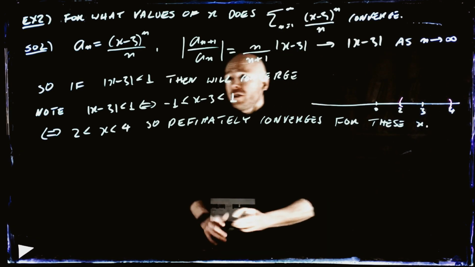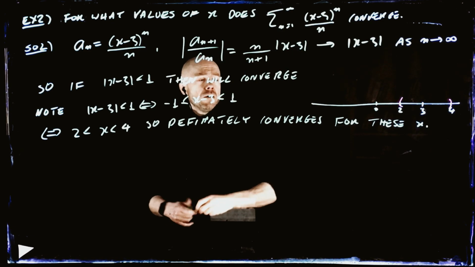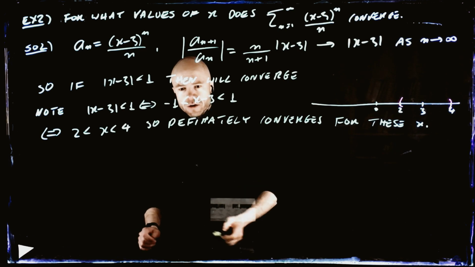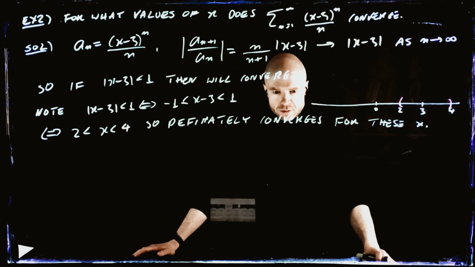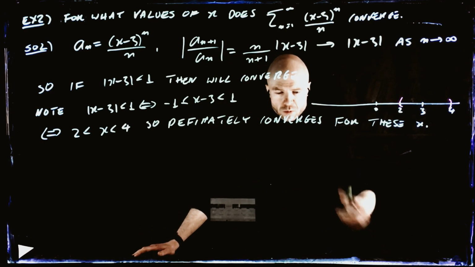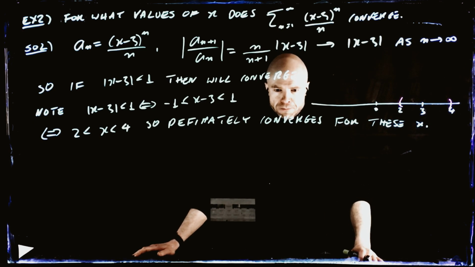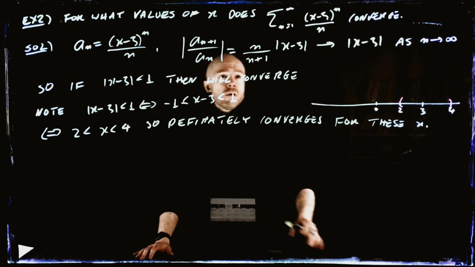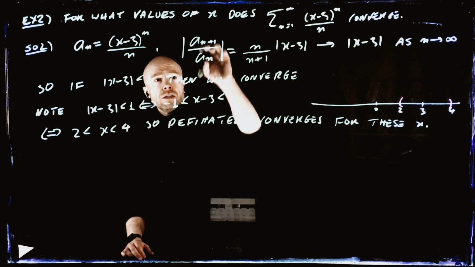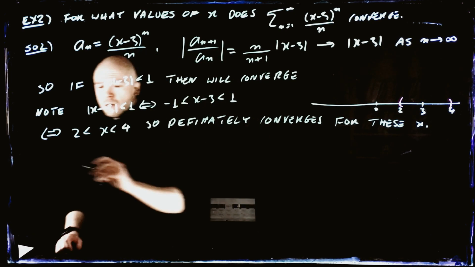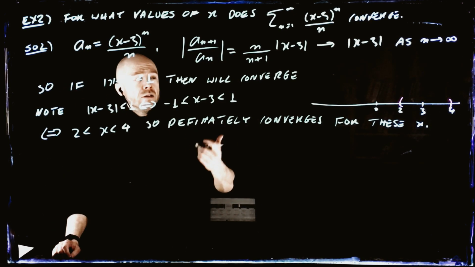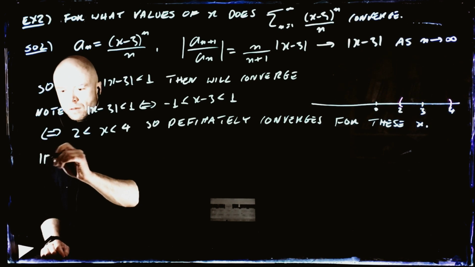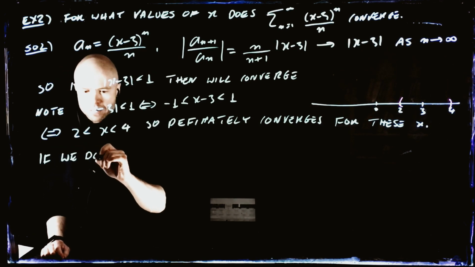All right, but the question is, for what values does it converge? So we know a lot of values for which it converges. What else do we know from this little calculation? Where do we know that it doesn't converge? Where the inequality isn't true anymore? Kind of. So if this inequality isn't true anymore, then it's not true that the limit of a_(n+1) over a_n is less than 1. So if we don't have that,